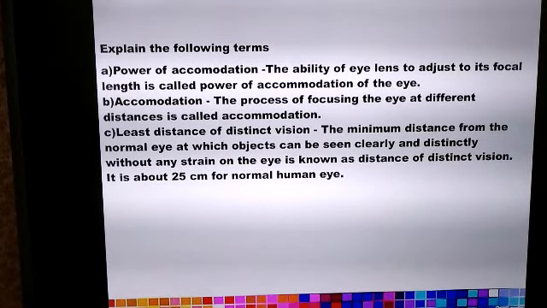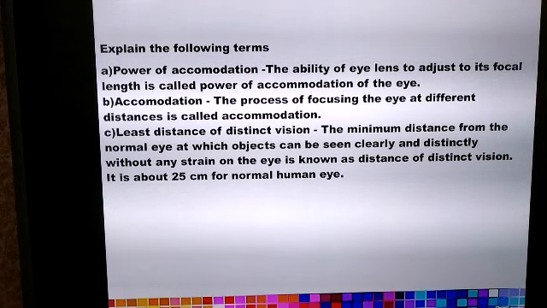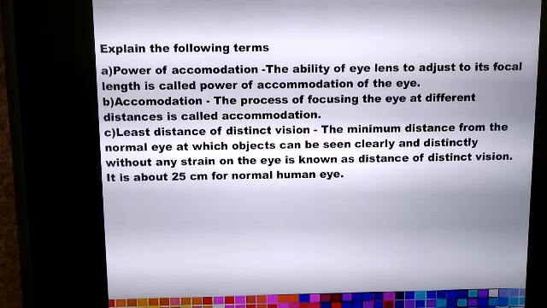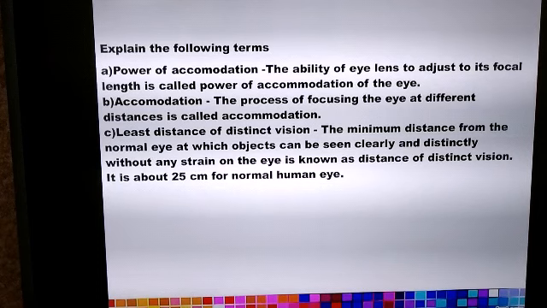So as I said, the ability of the eye lens to change its focal length as per the need is called the power of accommodation. But the focal length of the eye lens cannot be decreased beyond a certain limit. That is, the eye lens cannot become thin beyond a certain limit.